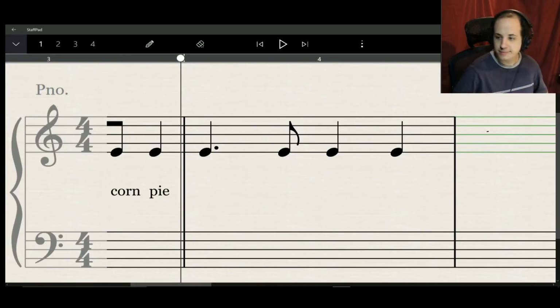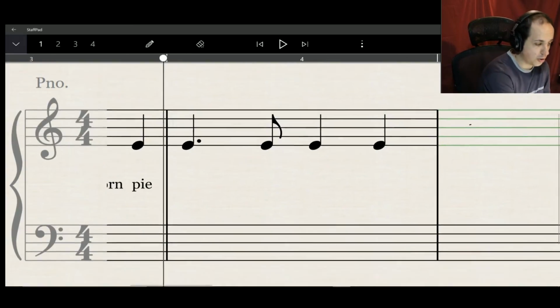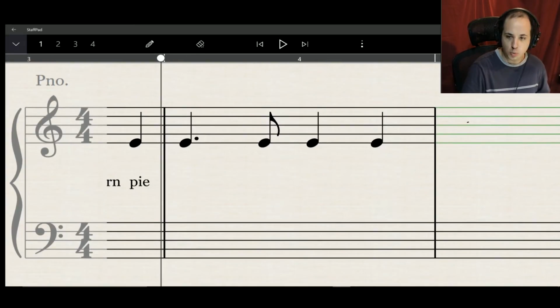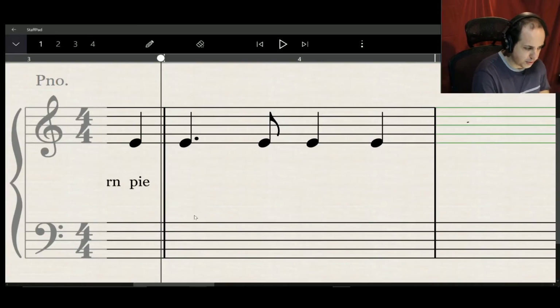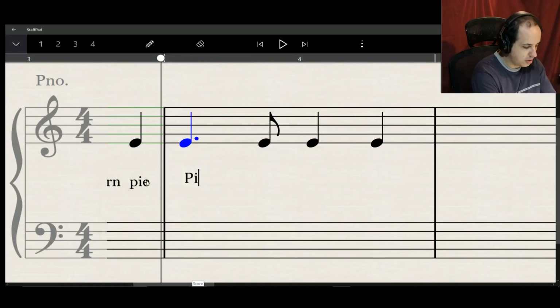Okay, here we go. So now we have a dotted quarter note. And normally that would be counted as 1 and 2 and 3, 4. So we have to find a food word or a word in general that fits with 1 and 2 and 3, 4 with that dotted quarter. So what I actually like to do, now this is a little confusing for some, it works well for me, but what I like to do